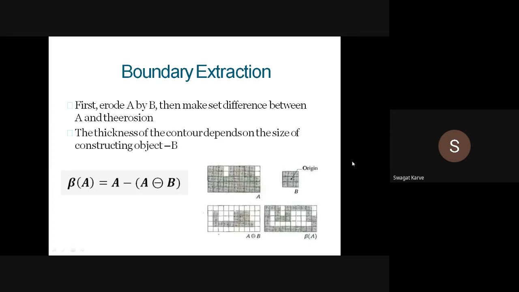Now we have covered the morphological processes. Okay, that means what is our chapter heading? Image segmentation and morphology, right? So this is the chapter. This is the last point in morphology, that is boundary extraction. Okay, so this we will discuss in the next lecture, and in the next lecture we will also start with the image segmentation part. Up till now we have covered the morphology operations or morphology part. In the next lecture we will start with the image segmentation part. Clear? Okay, today we will stop here. We will continue in the next lecture.